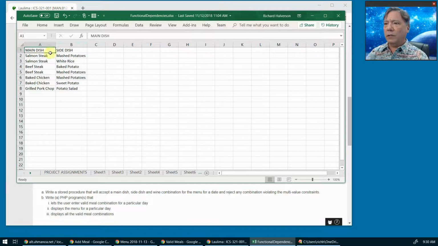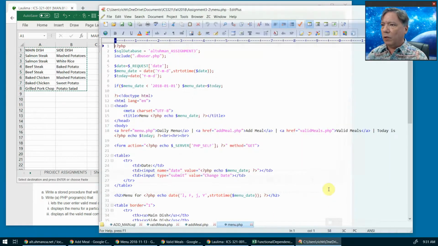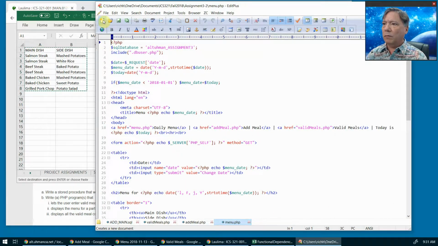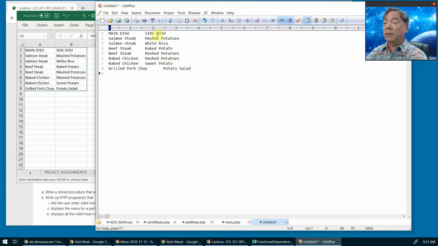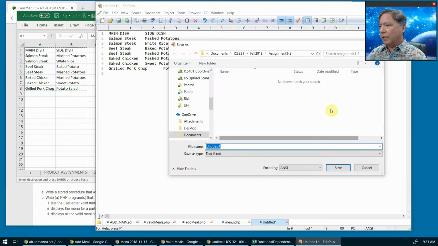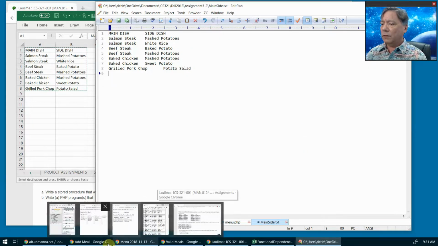And then once it's in Excel, we can copy it from here, do right-click copy. And then pull up your favorite text editor and paste it in here, and then this is a tab delimited spreadsheet. So this you can save as a tab delimited file, main side.txt, say, and then you simply import it by